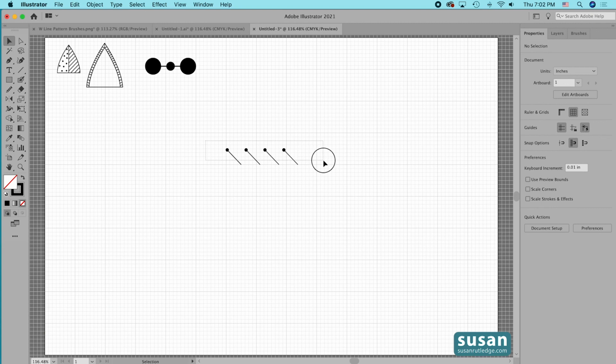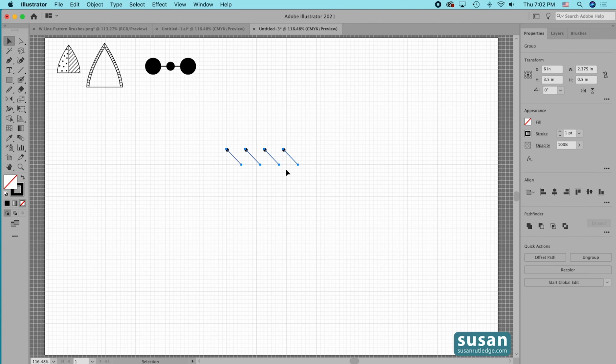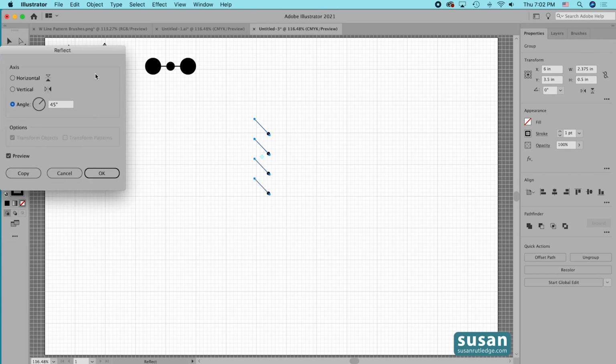Now I'll select all 4 of these lines and group them, keyboard shortcut Command G, and then we're going to mirror these. We'll come over to the left toolbar. That reflect tool should still be showing. I'm going to click once to activate it and then double click it so that it opens up the reflect dialog box. And I want the reflection to be horizontal, so I'll click horizontal and then be sure to